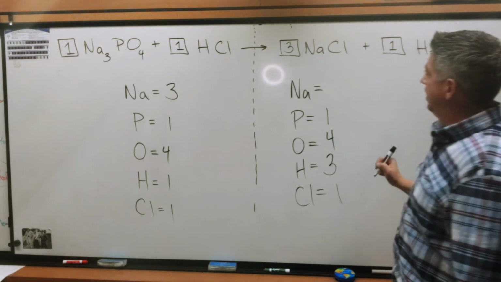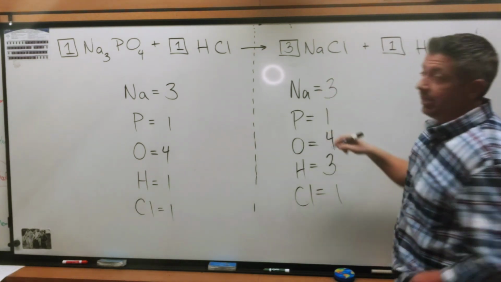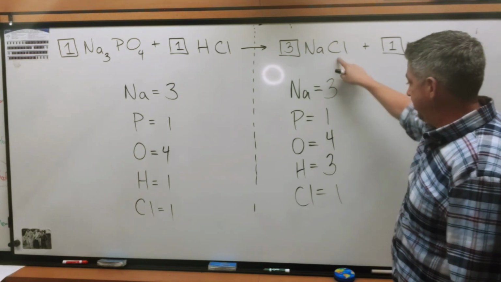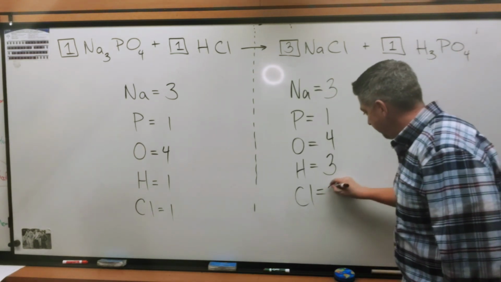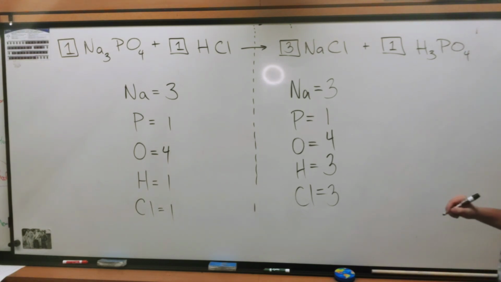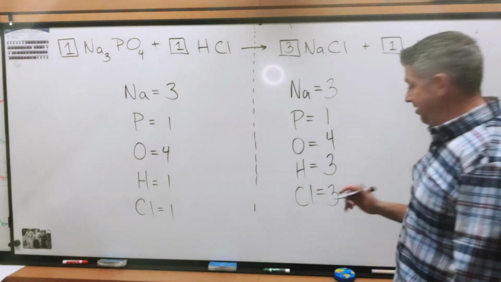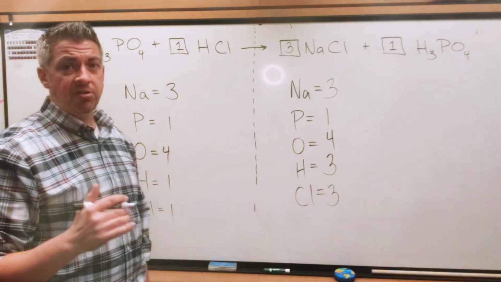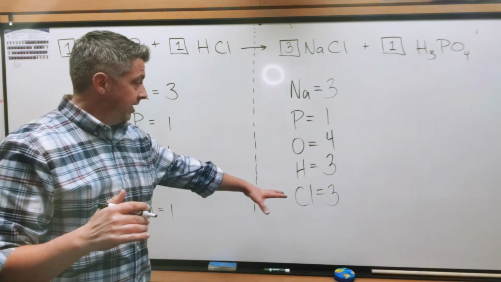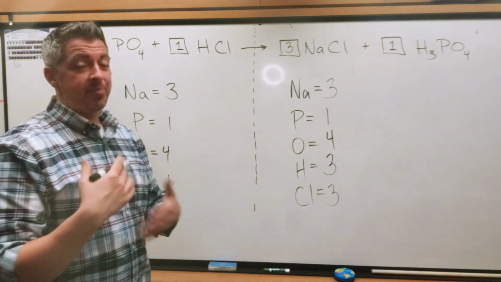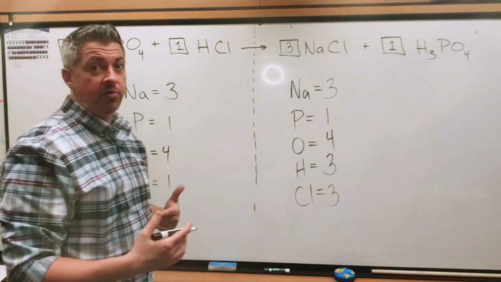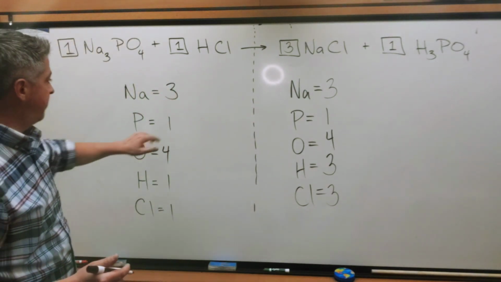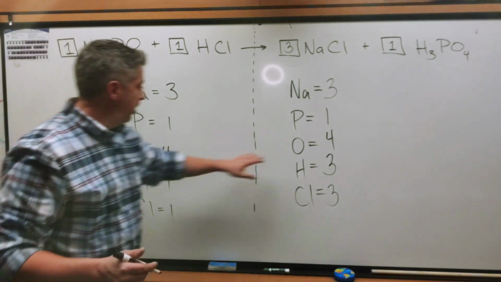There you go. Now I have 3 Na, but I also have now 3 Cl's. So I have to go to Cl and change it. Now, it may look like a bad thing because now my Cl's don't match, but that's going to happen. A lot of times when you plug in numbers, some numbers change and it seems like you're going backwards, but you're always making forward progress. Change the numbers and keep moving forward. So at least we took care of the Na. Now let's see the other ones. P already matches, O matches,